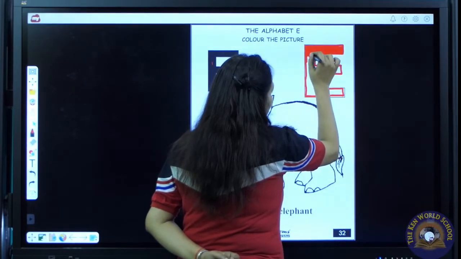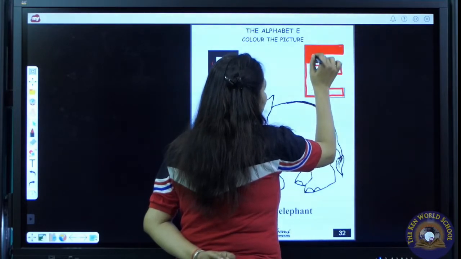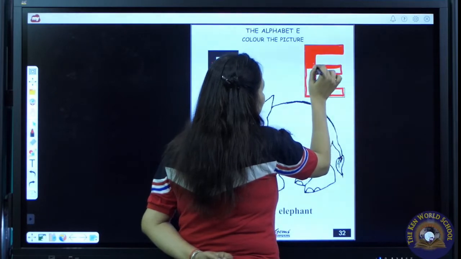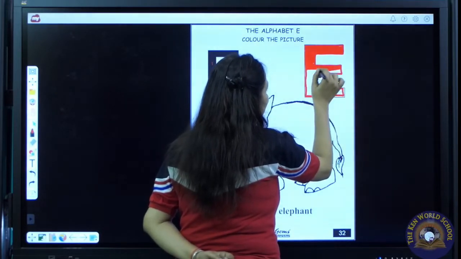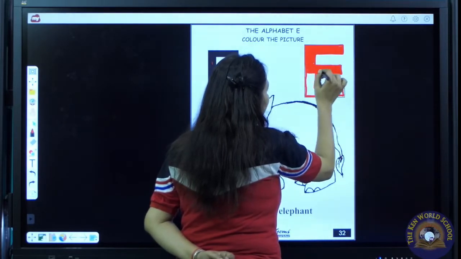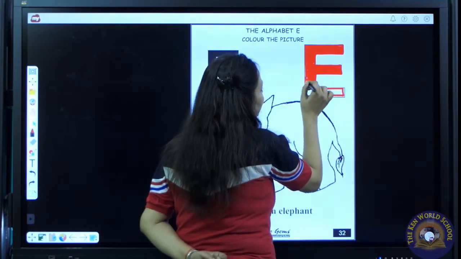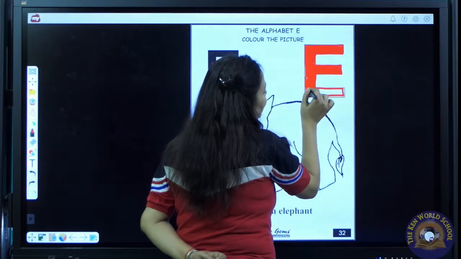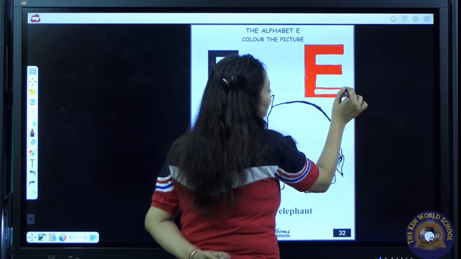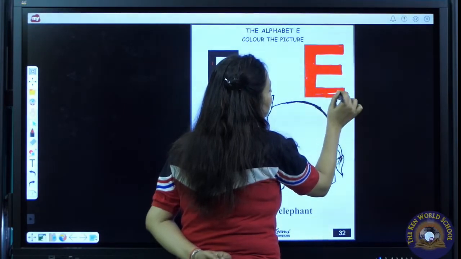And we have to color all the white space in letter E. Now my E is going to complete.